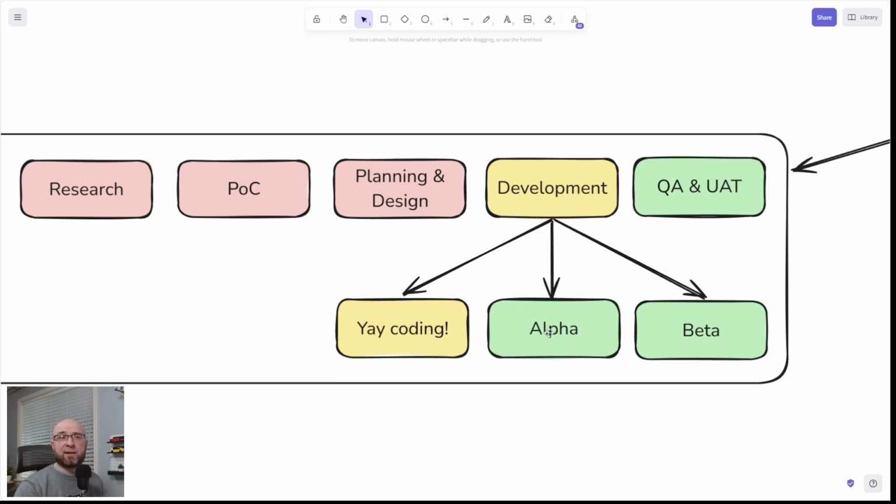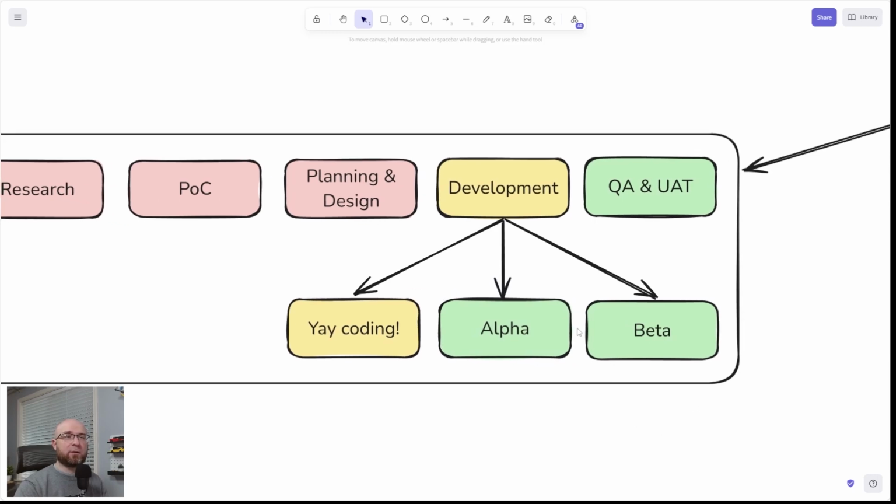Maybe in alpha, you'll have some really trusted early customers who you're going to show your code. At that point, you should theoretically be feature complete or almost feature complete in the alpha. And you should therefore start writing a significant amount of tests. Once you're in beta, you should definitely be writing a lot of tests, making sure your product is solid, making sure nothing is broken, especially in the UI.